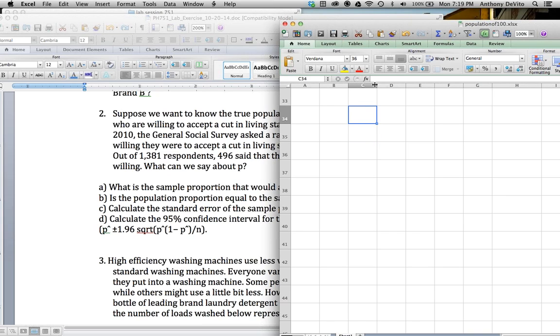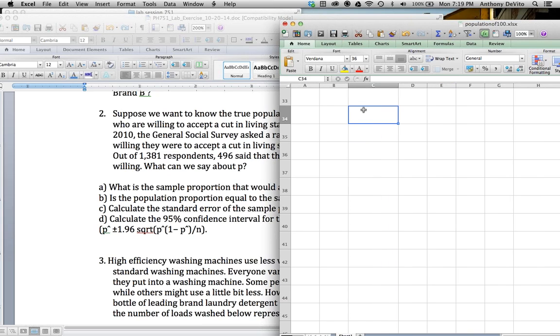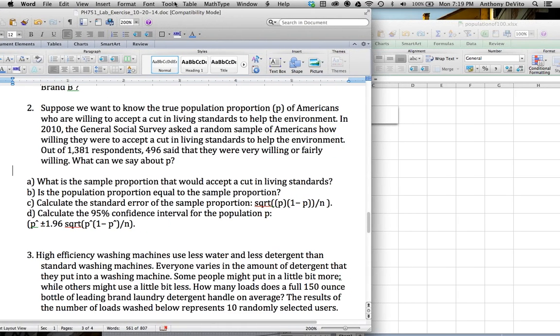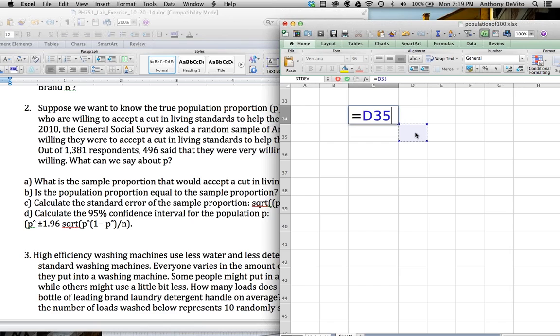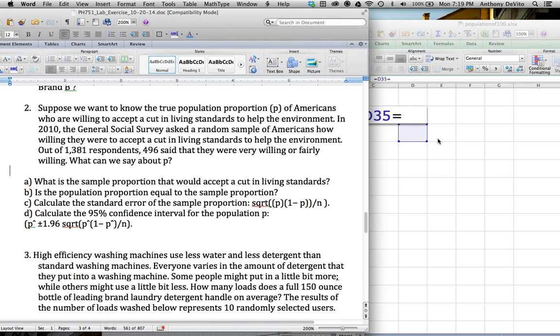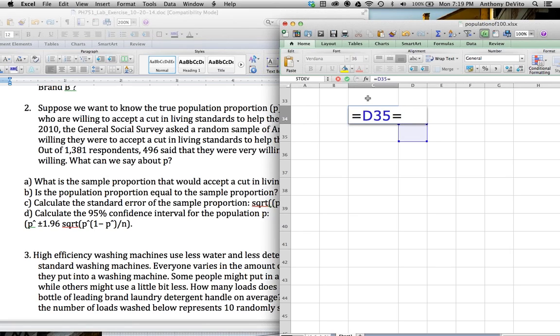Okay, and let me spread this out a little bit. Okay, so let's see. Our proportion is going to be equal to... move this over so I can read it. It is equal to, where is it? 496 divided by 1381. Okay, about 36% of the people in the United States,